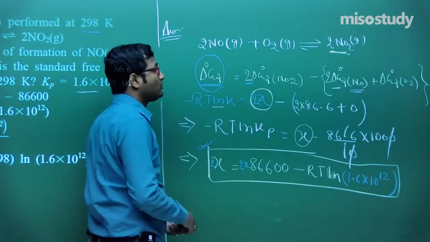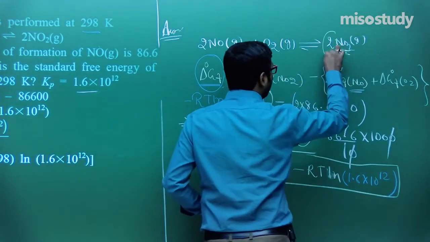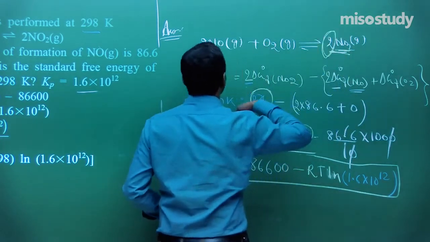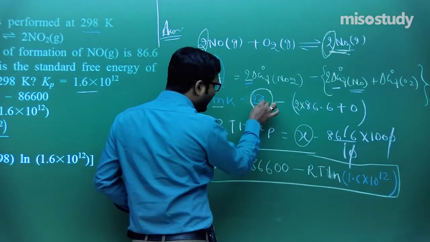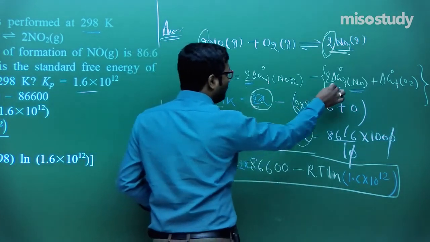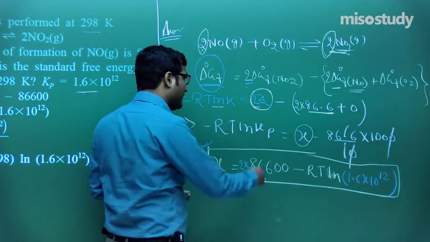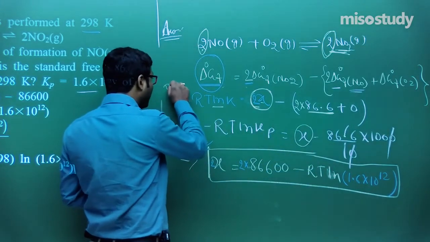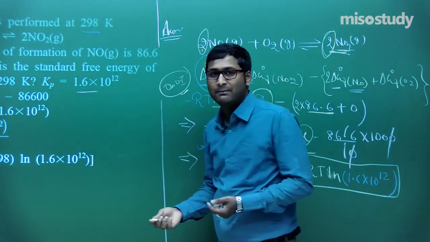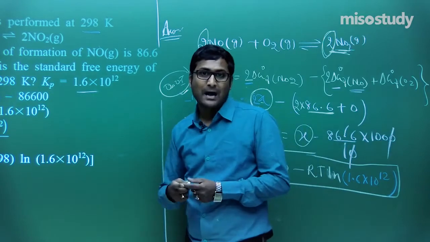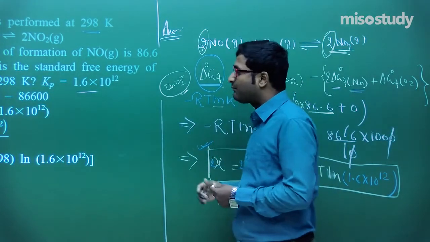One more thing I am going to mention. Sometimes, students, what they do, for NO2 they do not multiply with the stoichiometric coefficient. They do not multiply this. You have to focus on this. Put here not x, put here 2x. Put here not 86.6, but 2 multiply 86.6. This is a big concern. During solving, we know that during the examination we have less time, so we are in a hurry. Sometimes what happens? There are mistakes. So in this case, be careful, check the things.